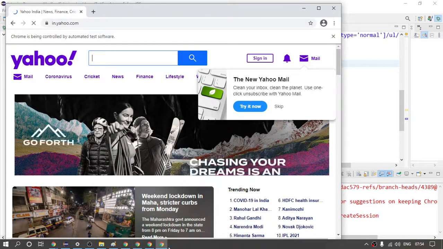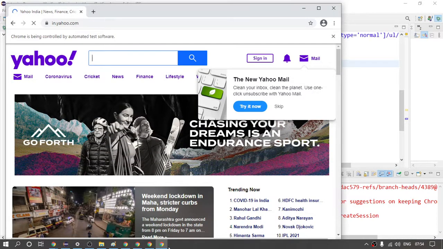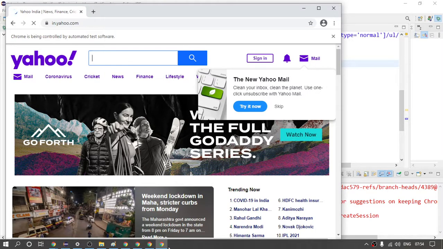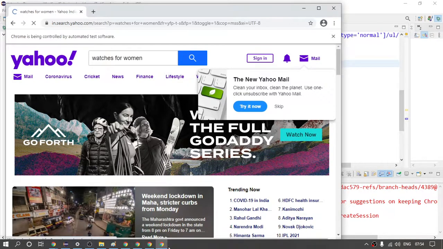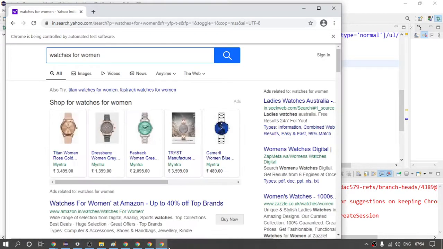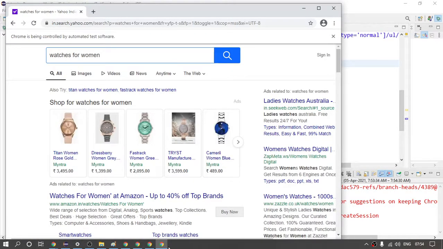Once it writes watches, what is the fourth element? It is watches for women. So it has clicked on that fourth index. Is it clear now how we can click by index?